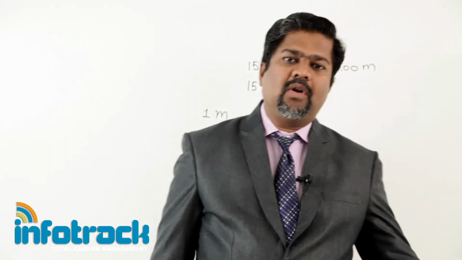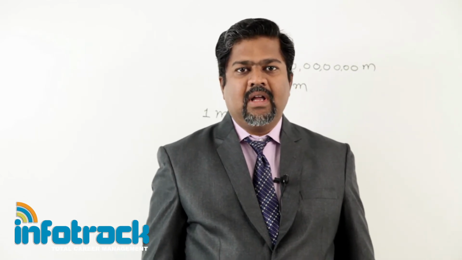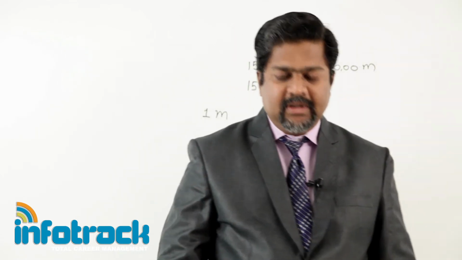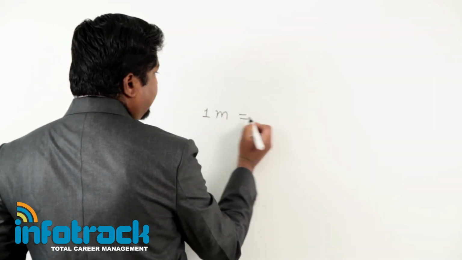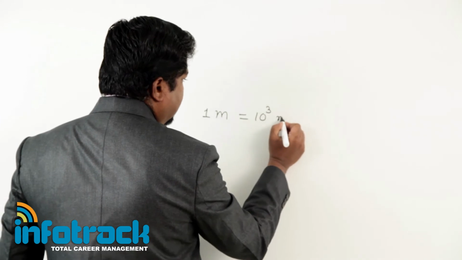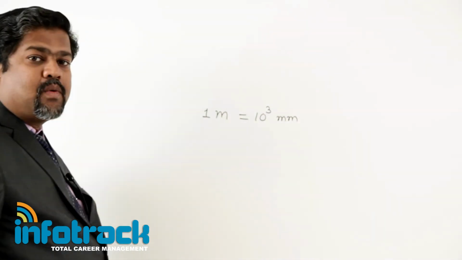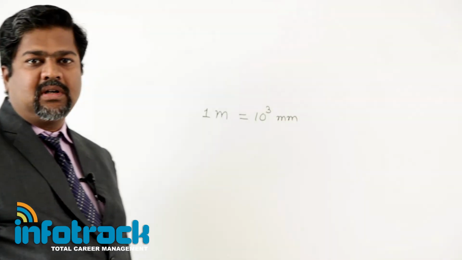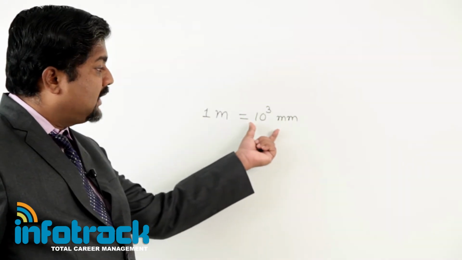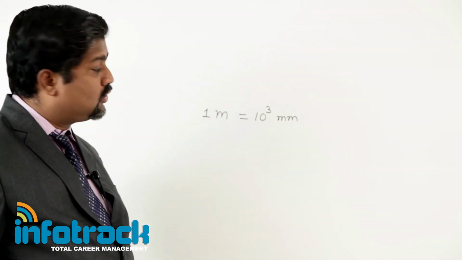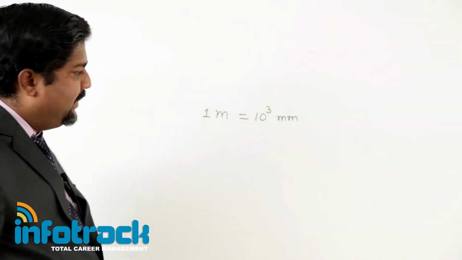So every time it is not possible for me to give this type of unit, meter. Some smaller and bigger units are required for that, and for that purpose we go by the following table. This is usually given everywhere, a very simple table. Let us check. 1 meter equal to 10 raised to 3 millimeter. Milli is the smaller part here, the 1000th part of any unit we consider as millimeter. So 1 meter equal to 1000 millimeter, there are 3 zeros, so we can consider this as 10 raised to 3 millimeter.